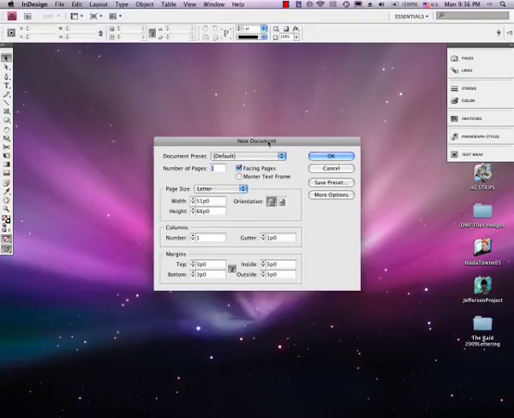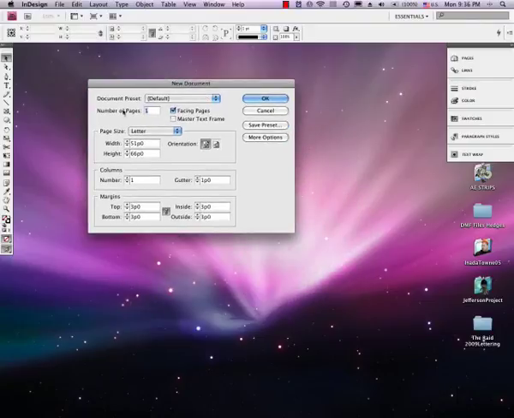All right, so here's our new document dialog box. It's different from the Photoshop dialog box. There's no resolution, and it's giving us these funny units of picas here, which, if you're familiar with points and picas, that's great. Good on you. Go ahead and use points and picas. 99% of you are not familiar with that, so let's hit Cancel